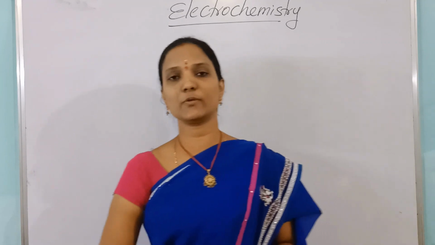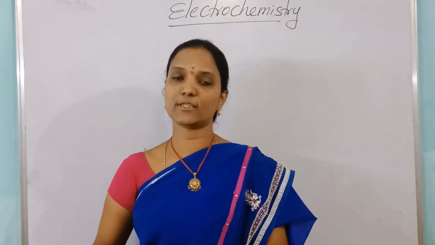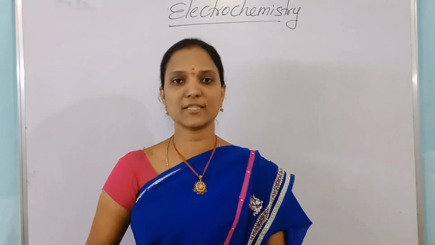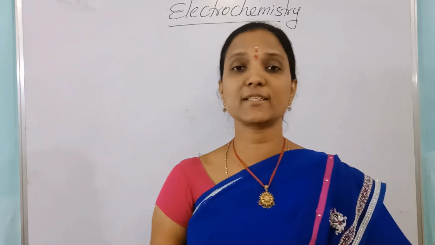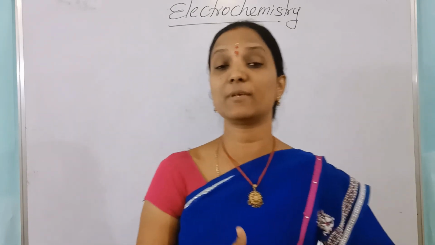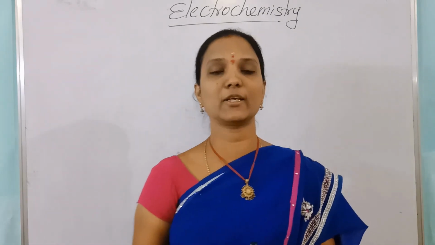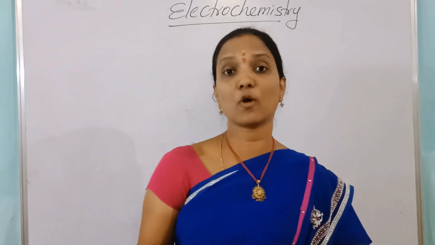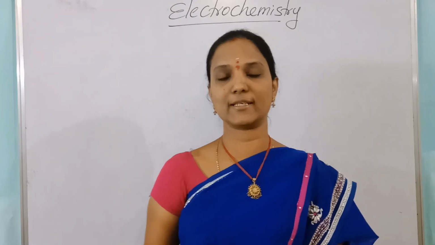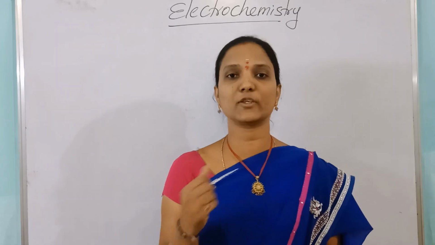Anyhow, in the last video we learned what are the different types of electrochemical cells, nothing but galvanic cell and electrolytic cell, how to construct them, what happens there, and just the differences between these two. Along with that, different types of conductors. What are the different types of conductors? Nothing but metallic conductors and electrolytic conductors. In that, electrolytes, weak electrolytes, strong electrolytes, and non-electrolytes also. What are non-electrolytes?